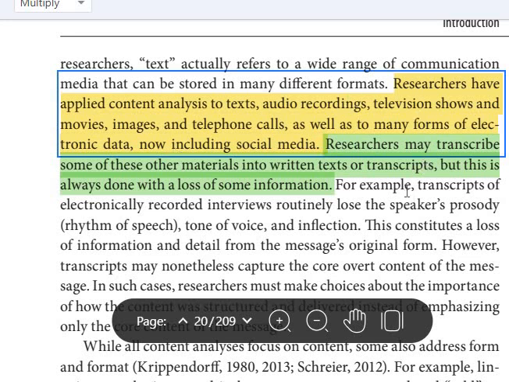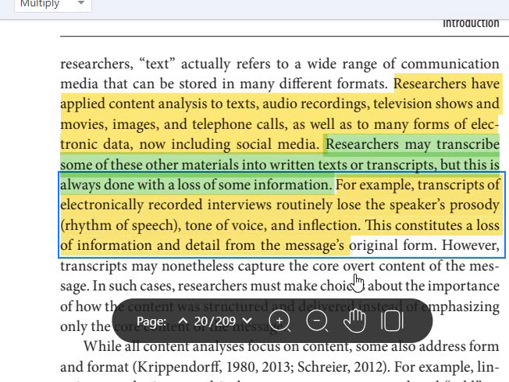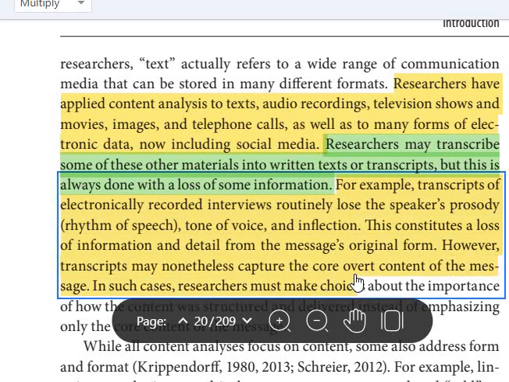For example, transcripts of electronically recorded interviews routinely lose the speaker's prosody, which is the rhythm of speech, and tone of voice and inflection. So the tone of voice is lost. I don't have this tone of voice. I don't understand with the written text, when that is converted from a telephone call, for example. I don't understand if the speaker is